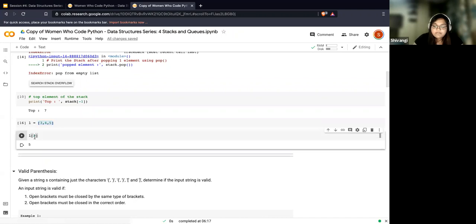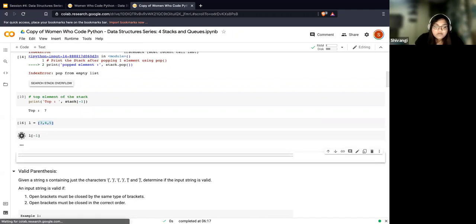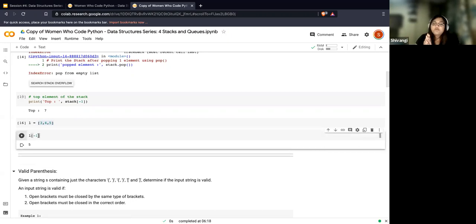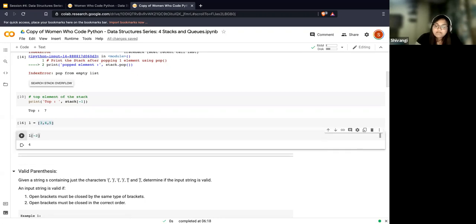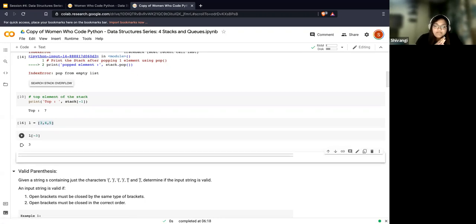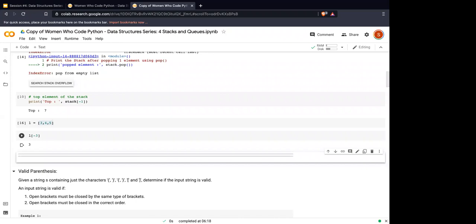So let's just try it out, right? What's happening? So here it was minus 1, so you got 5, right? Now if I move towards the left in the number line, since negative numbers move towards the left, it'll become 4. And similarly, if I had to access the first element, it's going to become 3. So does that answer everyone's queries regarding the indexing? Any further questions? Yep. There's one more.